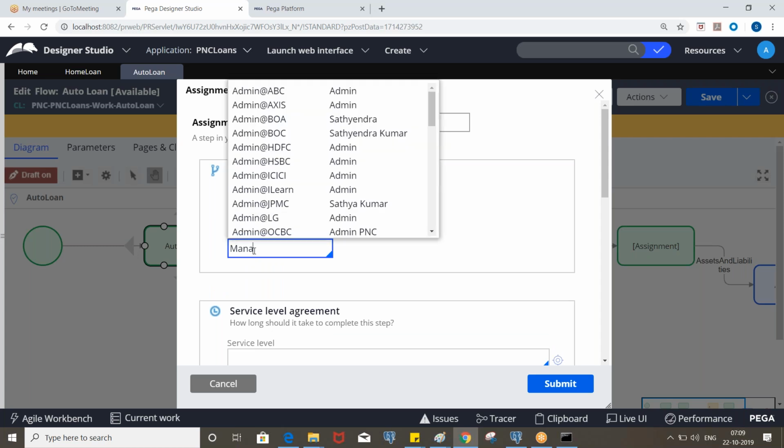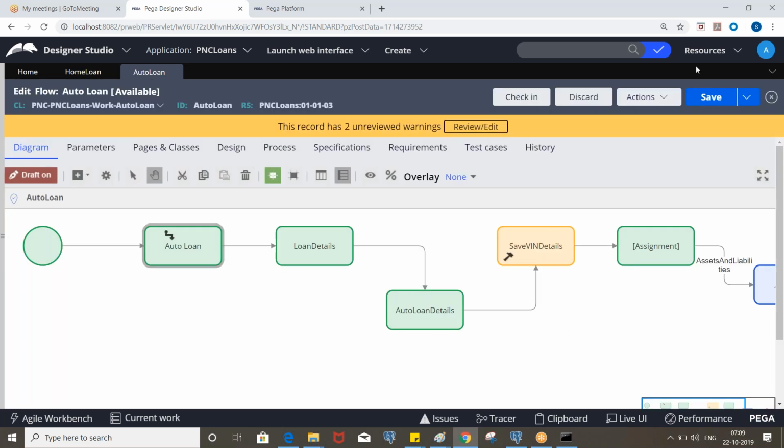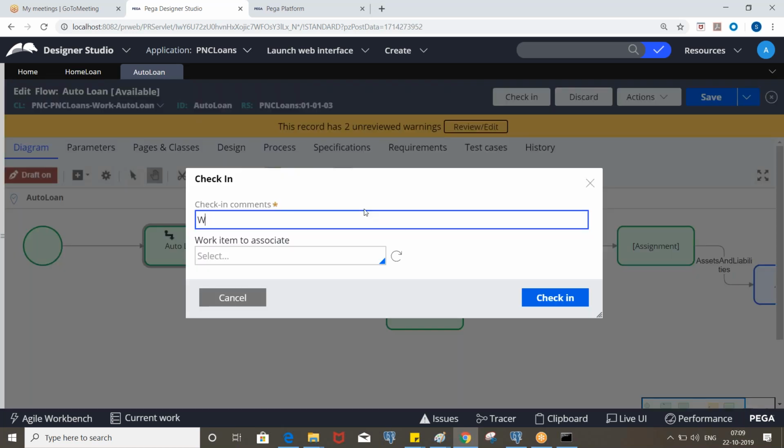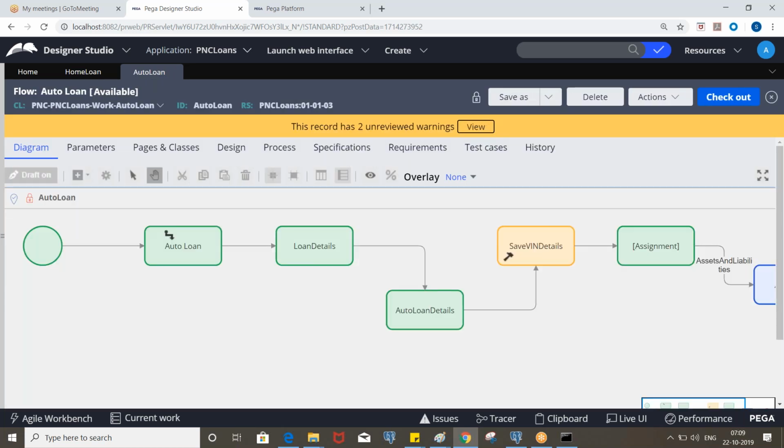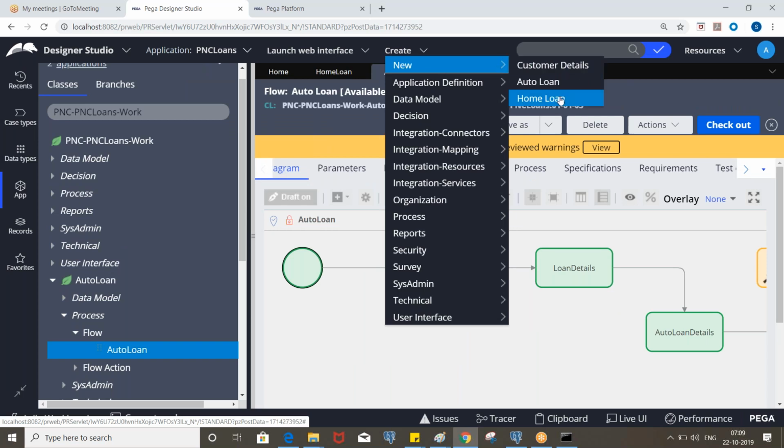Operator manager at the rate of PNC. Okay. So now let's route the home loan assignment first. So let's execute it.